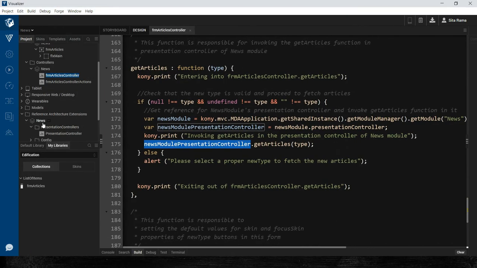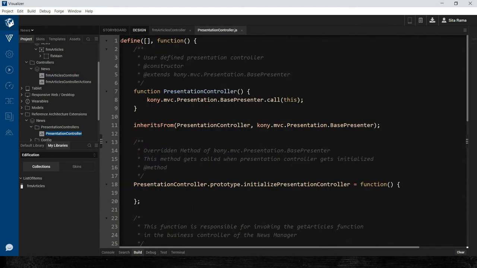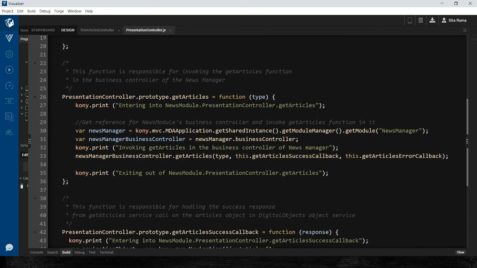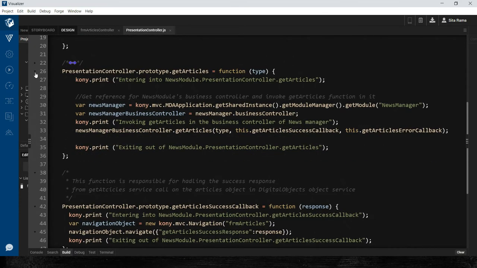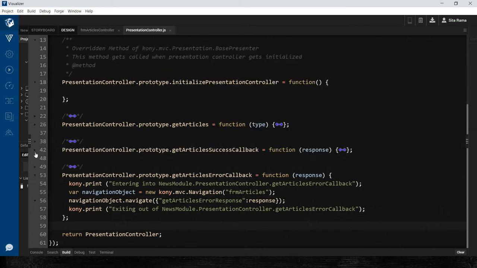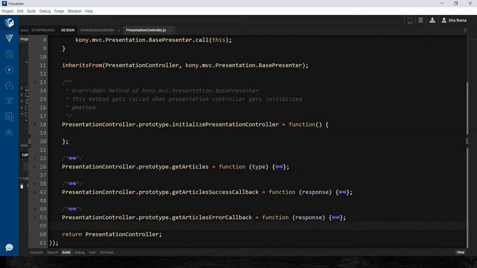Let us open the presentation controller which is part of the news module of the reference architecture extensions. In this presentation controller, here are the new functions that we have implemented. One of the functions is get articles, and this function takes the news type as an input.